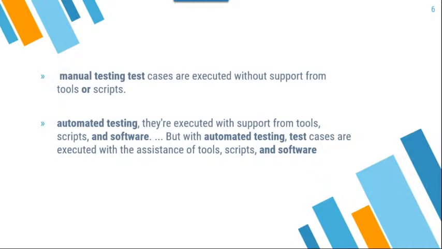So what is the difference between manual testing and automation testing? Suppose you want to do manual testing, what do you need to do? You need not use any tools or script. You just launch the URL, enter the URL and click the enter button. You do it manually, without taking any support from tools and script. But if you want to work in automation, what is required? You require some scripting and some tools. Based on the tools and script, we can execute all our test cases. Such kind of testing we can call it as what? Automation testing. Is it clear, guys?